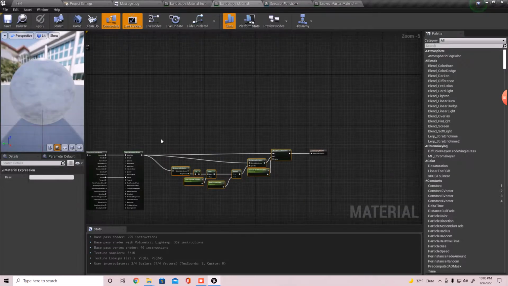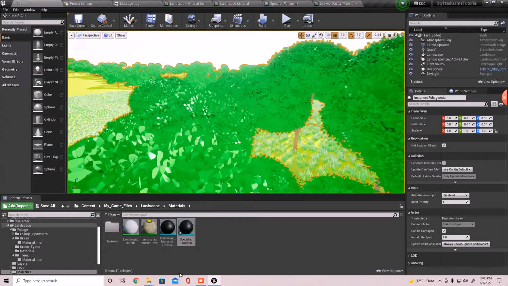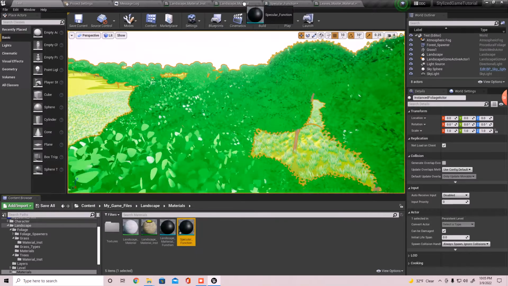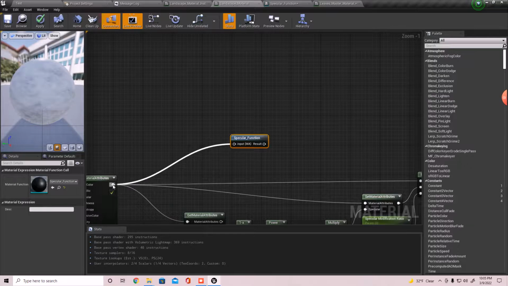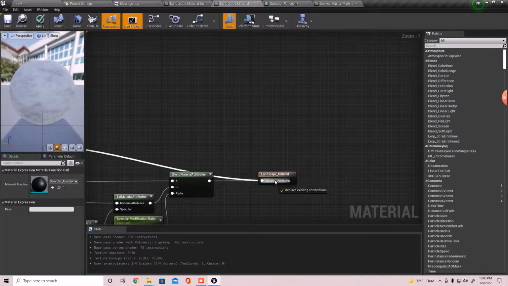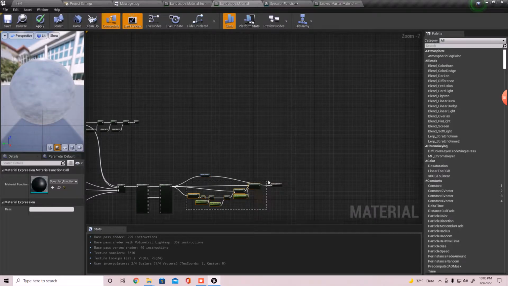Then go back to where the landscape material is, and I'm going to drag and drop the specular right here and just plug it in right there, and then plug it in right there. Okay, so that way, that also fixed the one for the